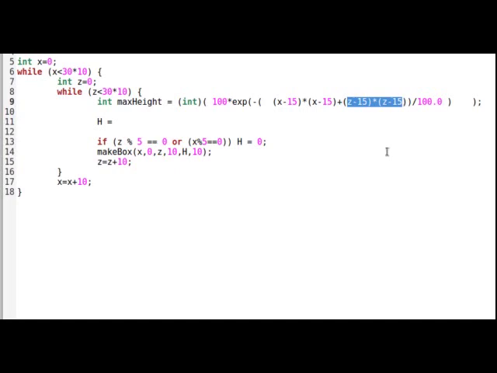But go ahead and give it a try. See if you can now make your city have this kind of bell-shaped curve, and play around with some of the numbers until you